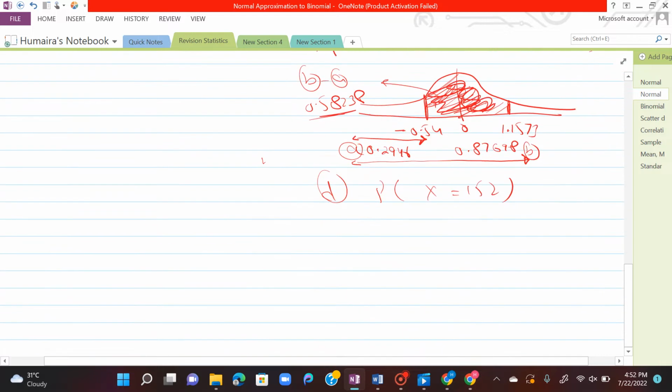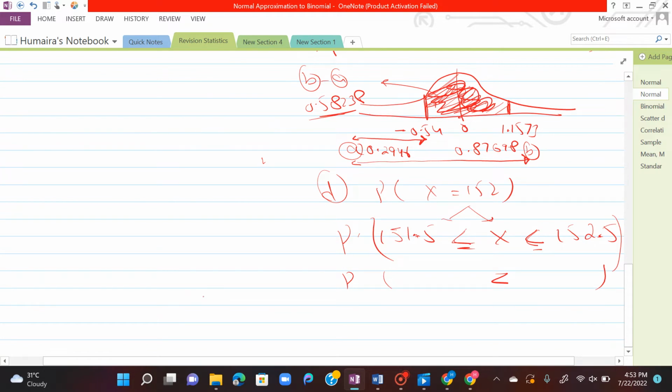Because in continuous data we don't have a probability at a single value, basically 152 will be taken as between 151.5 and 152.5. Since I have converted it into continuous data, it doesn't matter whether you write this or this. The rest of the working will be the same as we have done earlier. After that, convert this into the Z form, and after converting to the Z form, you can get the required area answer. All right,